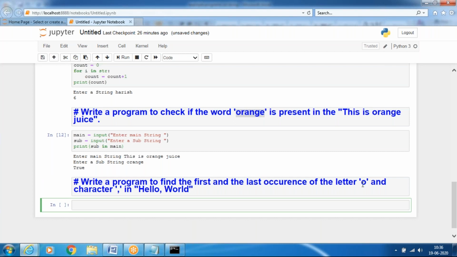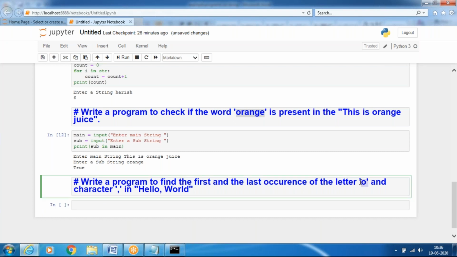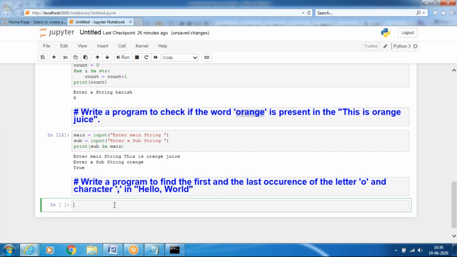First occurrence is O and the last occurrence is the comma. The startswith and endswith functions are used to design this.